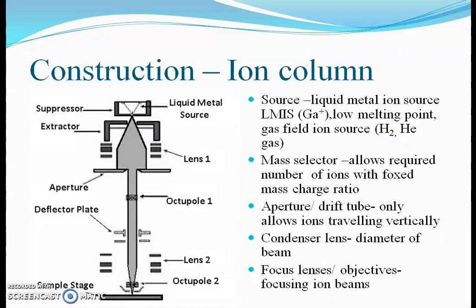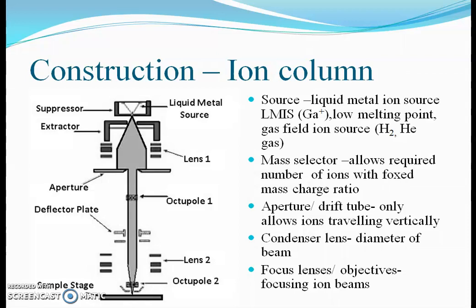Next slide represents the construction of an ion beam machining process, or ion column. That is called a column because it looks like a column, so it is called an ion column. So what are the elements of this ion beam machining process? Focus ion beam machining process: liquid metal